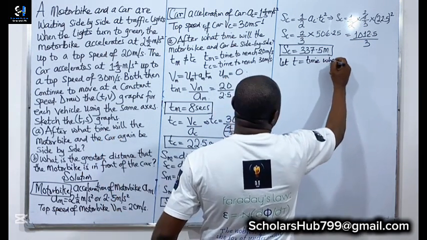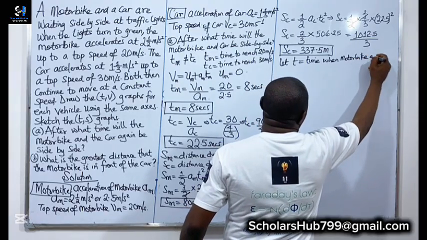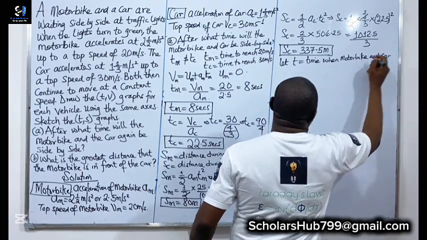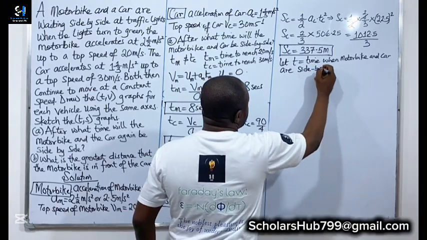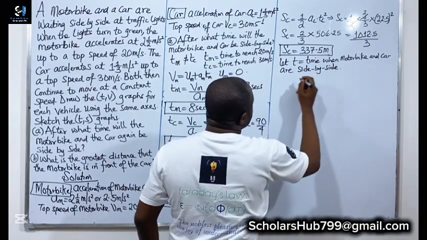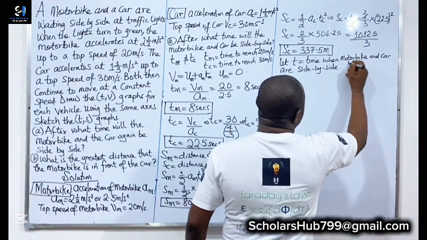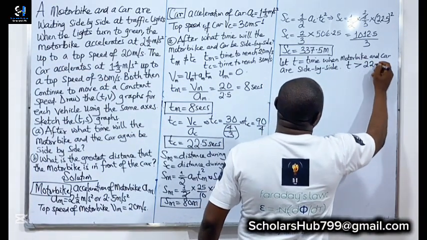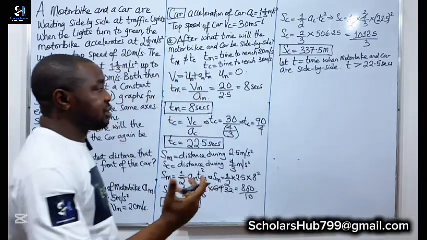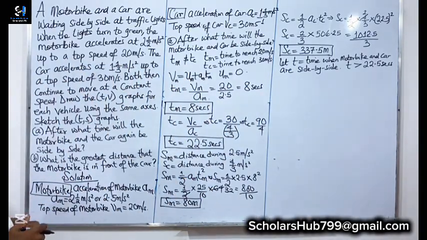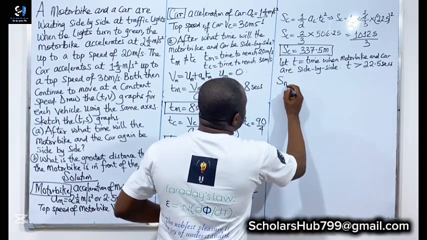When the motorbike and car are side by side, it means that the value of T will be greater than 2.5 seconds. Yes, it will be greater than 2.5 seconds. All right, so that means that we can now have